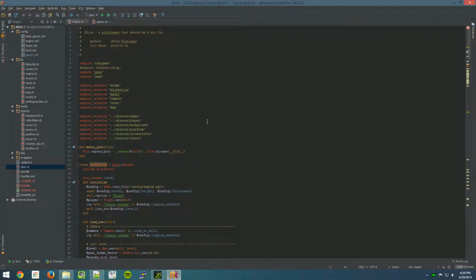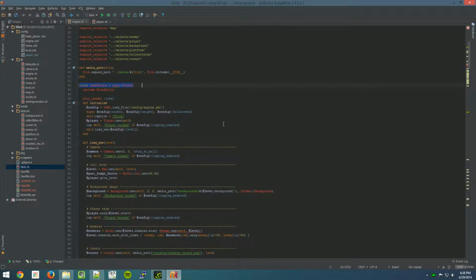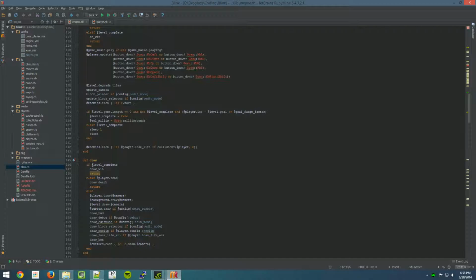And what the engine does is essentially implement the Gosu library, which is what I chose to implement my game in. And the Gosu library just has a class that is derived directly from the Gosu window class, which brings up the window that you see when you start the game, and then turns it into a full screen when we actually initiate the level. And it gives me two main functions, which are update and